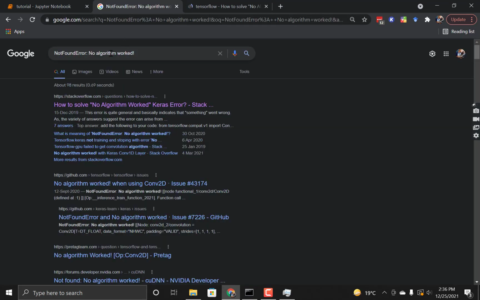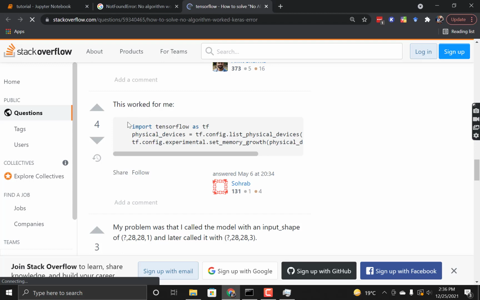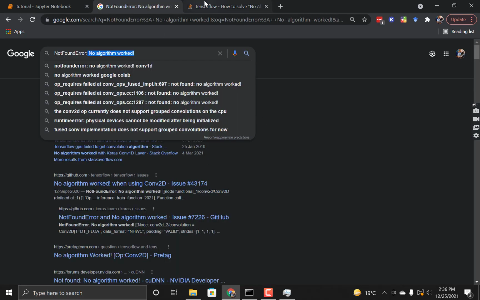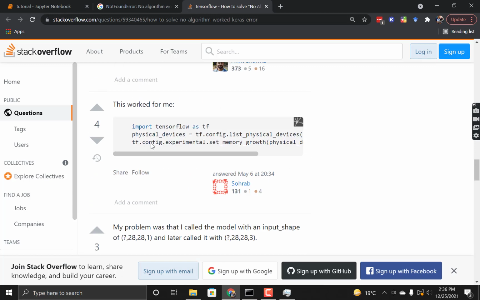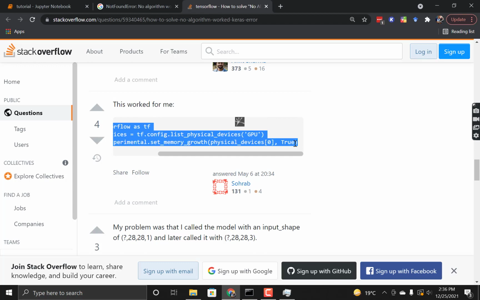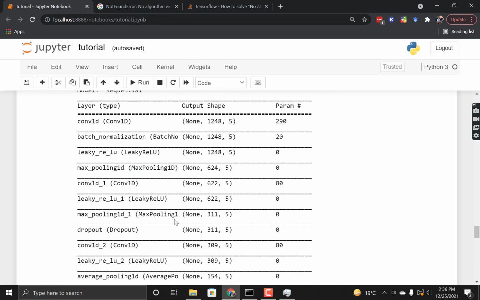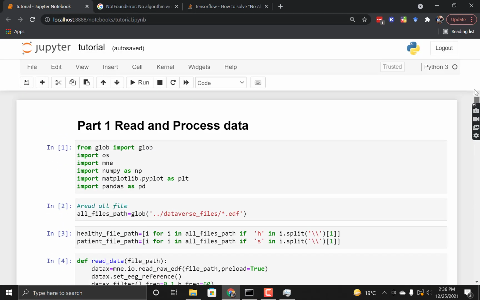So what I do is simply Google it and find this Stack Overflow link, which is the first link. I scroll down to see if there is some solution that can work, and I think this solution might work. So I'm going to copy this solution and put it at the beginning of this code.